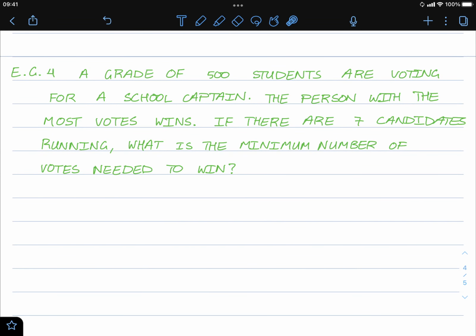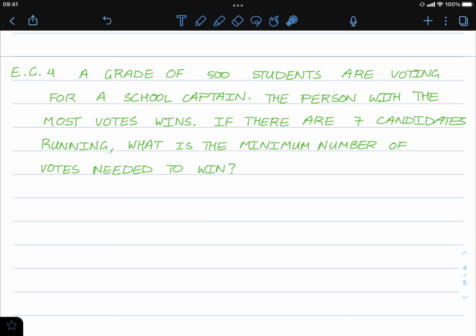A grade of 500 students are voting for a school captain. The person with the most votes wins. So it's not a democracy where we need more than half voting. It's just the person with the most votes will win. Okay, most votes. So if there are 7 candidates running for school captain, what is the minimum number of votes